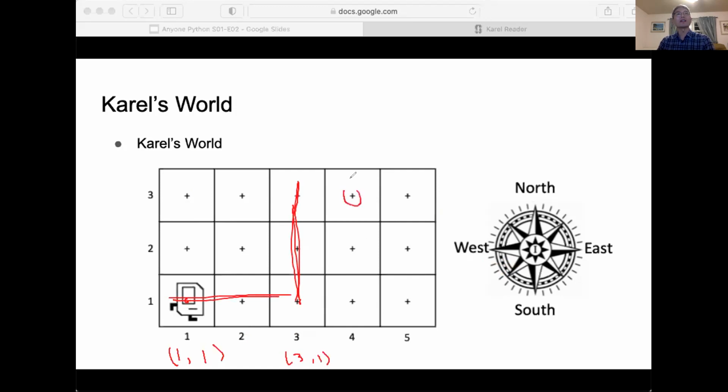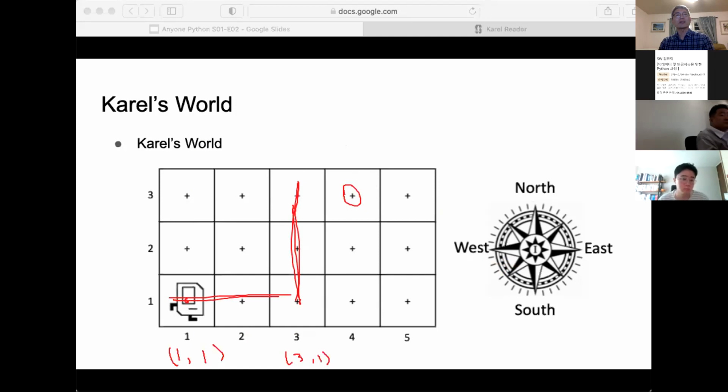What about this one? Can you guess the coordinate of this one? You can use the chat box to answer. So this is the 4,